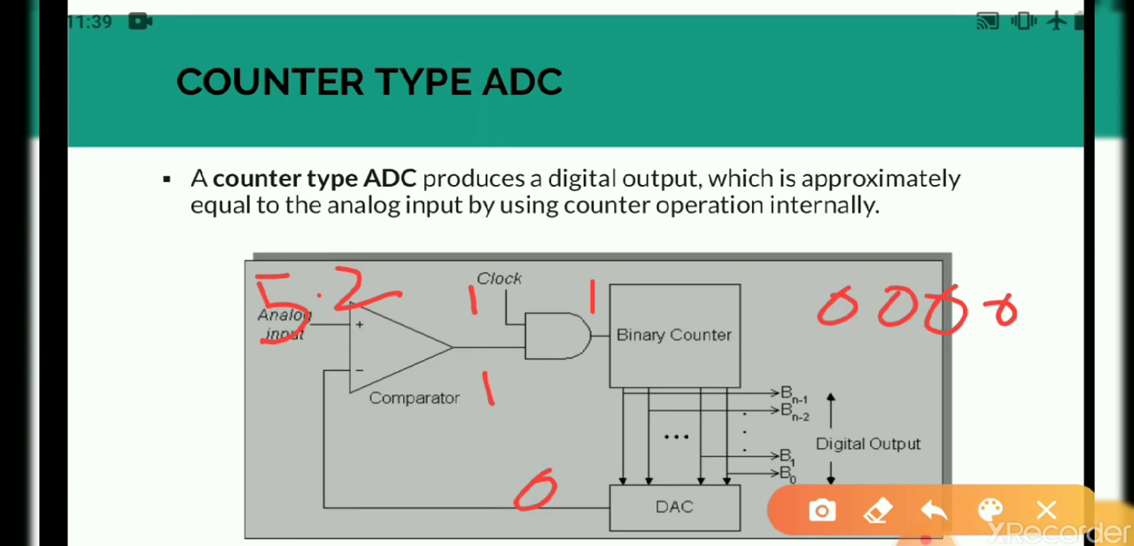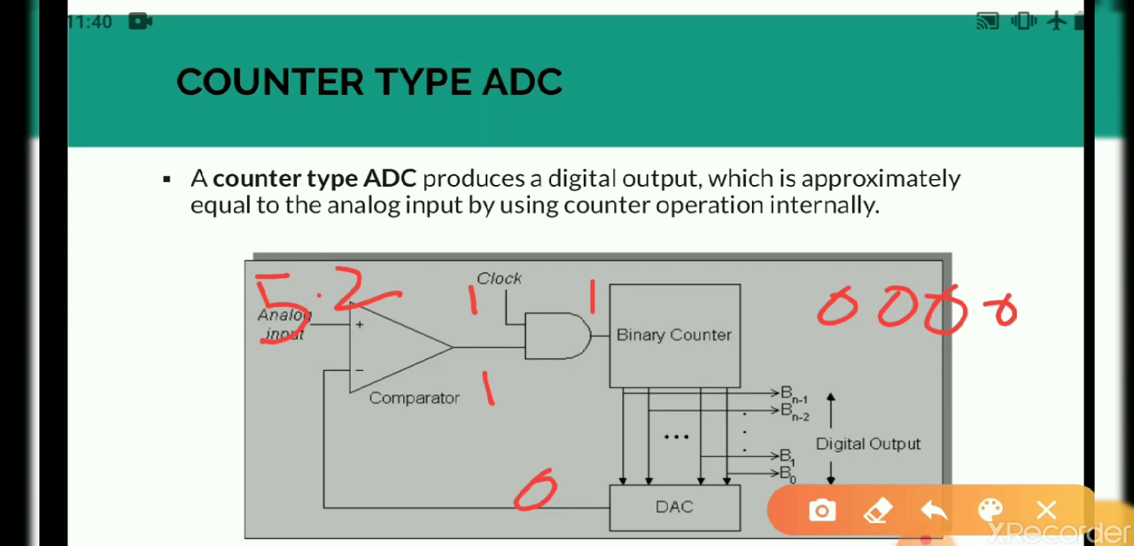Here we must recall the working of the comparator. At the comparator, when the non-inverting signal has a higher voltage than the inverting signal, it always gives 1. And when the non-inverting signal has a voltage less than the inverting signal, it gives 0. So 5.2 is the voltage at the non-inverting input, and it is greater than 0, so the output is 1. The comparator output is 1, the clock is always 1, so at the binary counter the enable signal 1 appears, and so